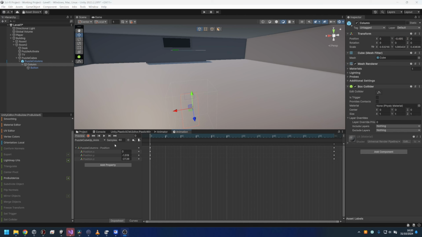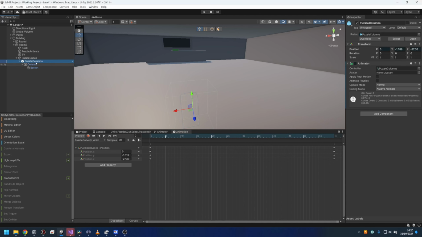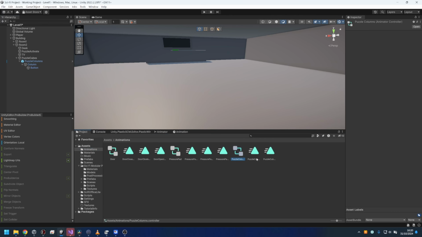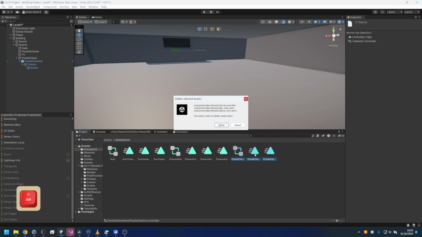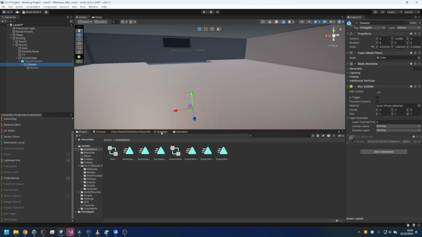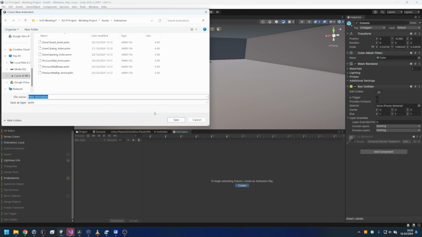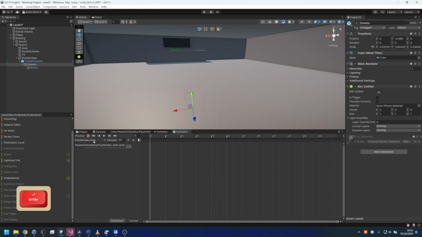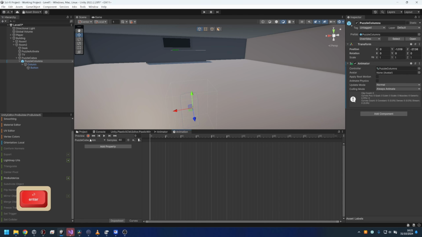Okay, so there is a mistake in that. We've done the animation on this here. That's not what it should be. It should actually be on this column here. So let me just go into the project folder, animations, and puzzle cube. Delete these. We can start again. So just click on this column, go to animation, create, puzzle cube anim. It's fine. And then save again, create clip,